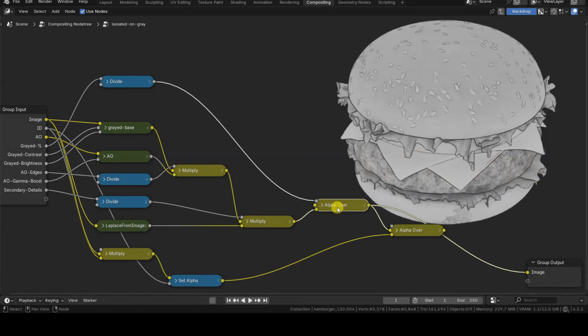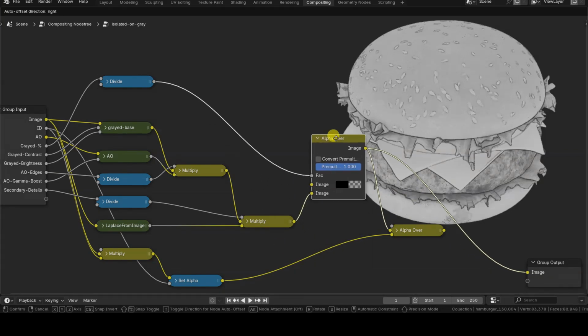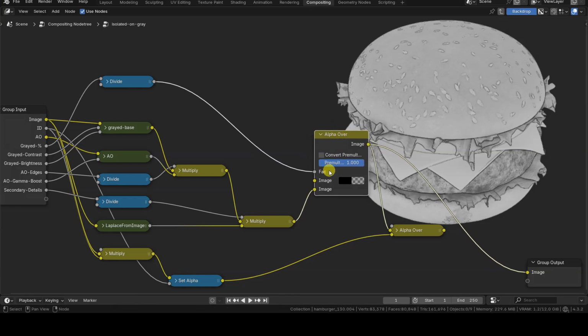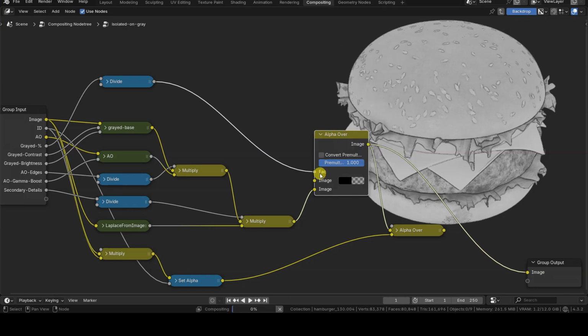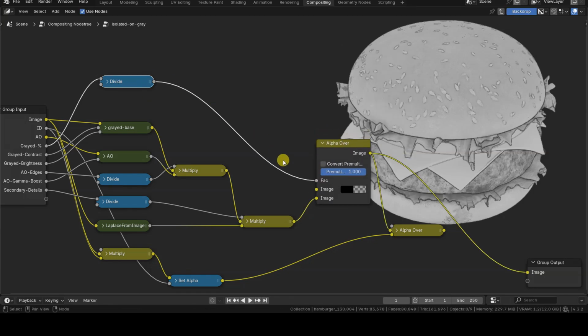In this alpha over node, the first image input is actually complete transparency, created with a black color and alpha set to 0. When the grade value is 0, only this complete transparency is used. When it is 100%, meaning the alpha over factor is 1 due to the division, only the grayscale image is used. Intermediate values naturally correspond to blended transitions between the two.